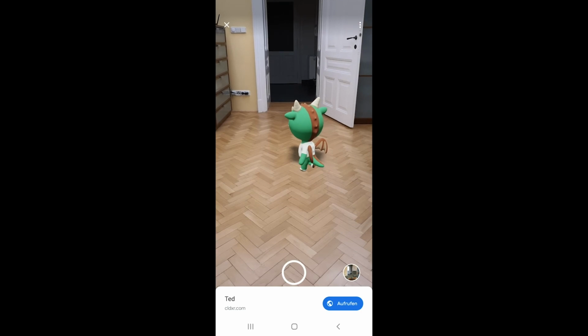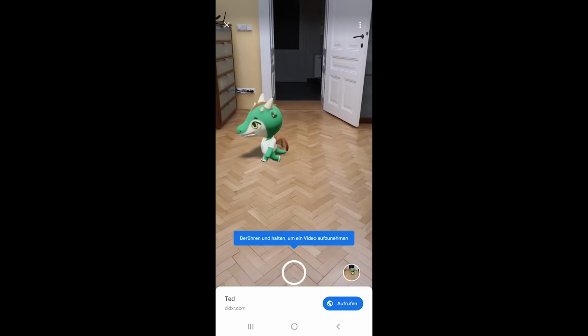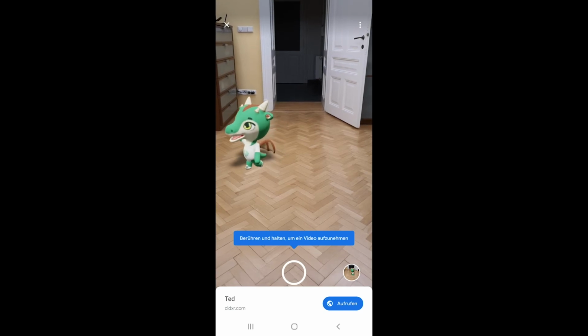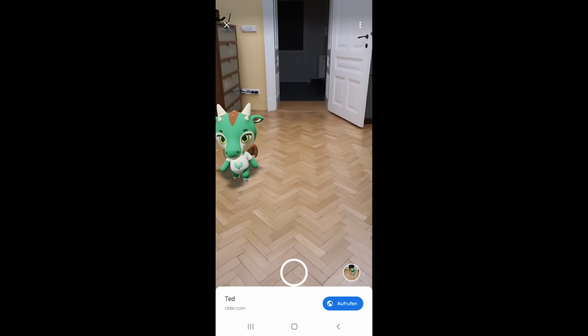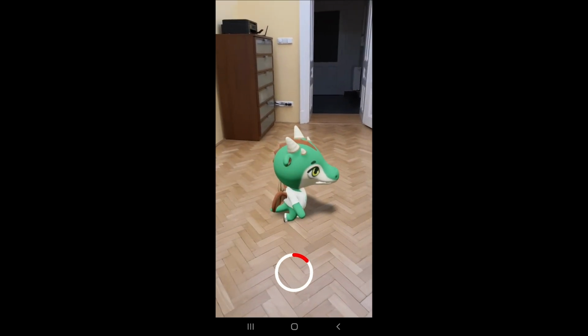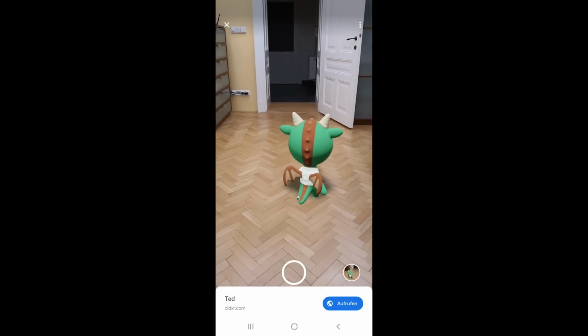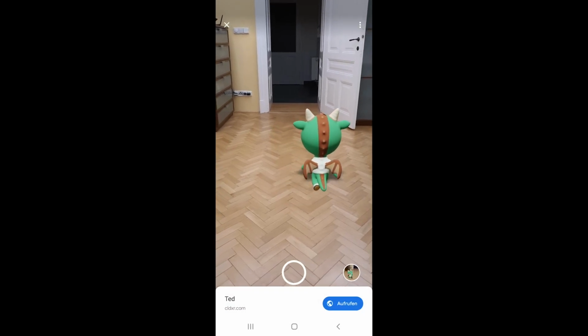On Android devices, you can now also take a picture, or hold the trigger button to take a video. Click the blue button to open the URL you added to the project earlier.